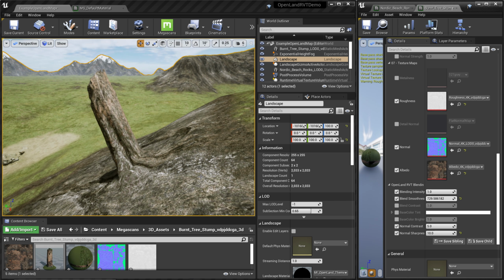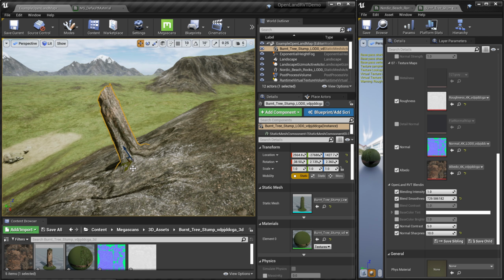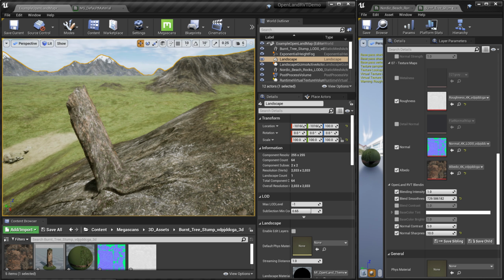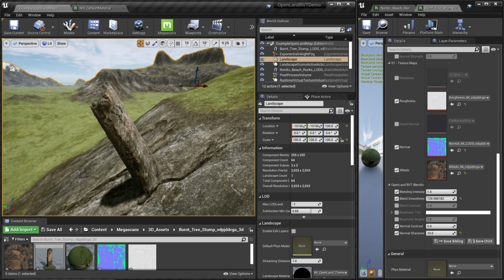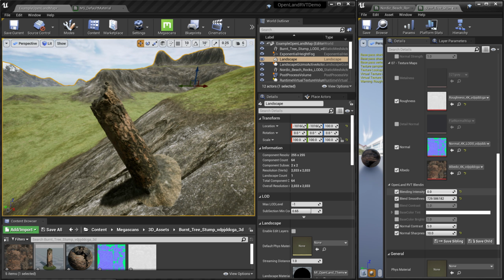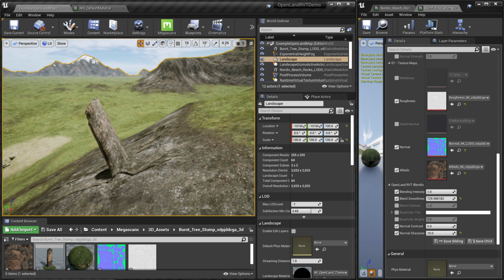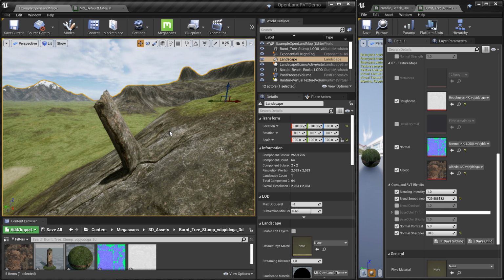So basically I can add some rock material to this one, and I can move it here and there. It will carry all the normal information, and it's pretty nice. So this is without any blends, and this is after we blend that. What you can do with RVT based blending is pretty amazing.